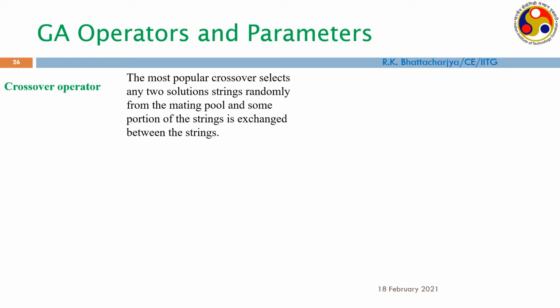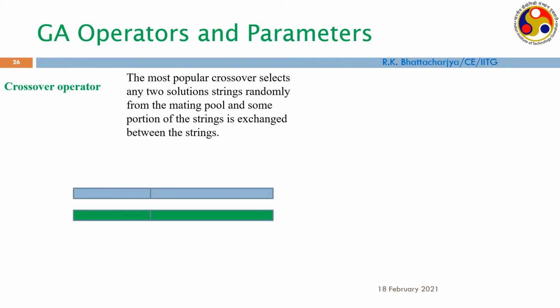Okay, so now what is crossover? In order to apply crossover, you have to convert your solution to binary bits, which you are doing using that mapping. Once you have converted that solution to binary bits, you apply crossover. Biological crossover is very complicated, so we are not considering it, but in our case we are considering a very simple crossover. The most popular crossover selects two solution strings randomly from the mating pool, and some portion of the string is exchanged